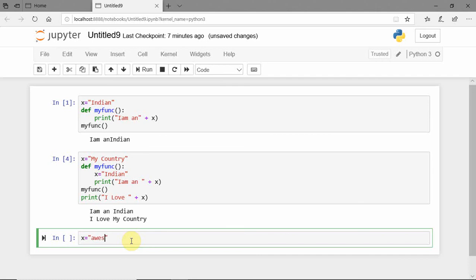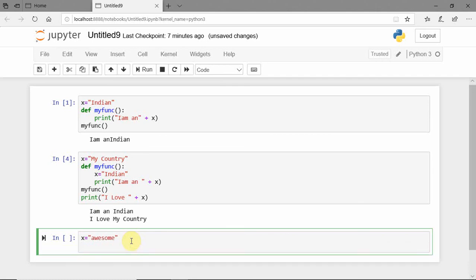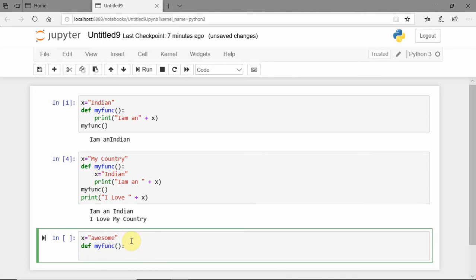Let me take one global variable as X. X is equal to awesome, and I'm taking a function definition, my function. So here def is a keyword, definition my function, and inside the function I'm taking global, which is a keyword.